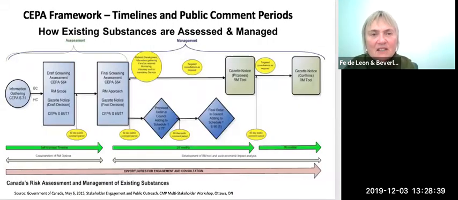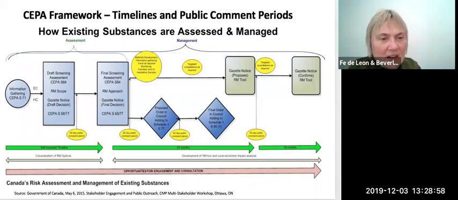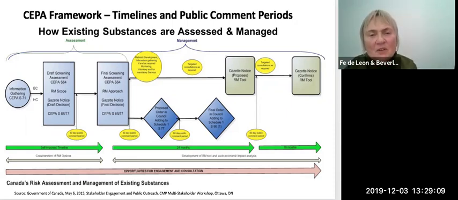This is just a snapshot. Thank you to Faye for providing this one. It just gives the whole sort of opportunities for public engagement in the current risk management flowchart of what SEPA deals with at the moment. You can see that there's a consideration of risk management options, and then you have the development of tools and socioeconomic impact analysis. But even though there's these opportunities to take part in public input from the little yellow bubbles at the bottom, keep in mind that